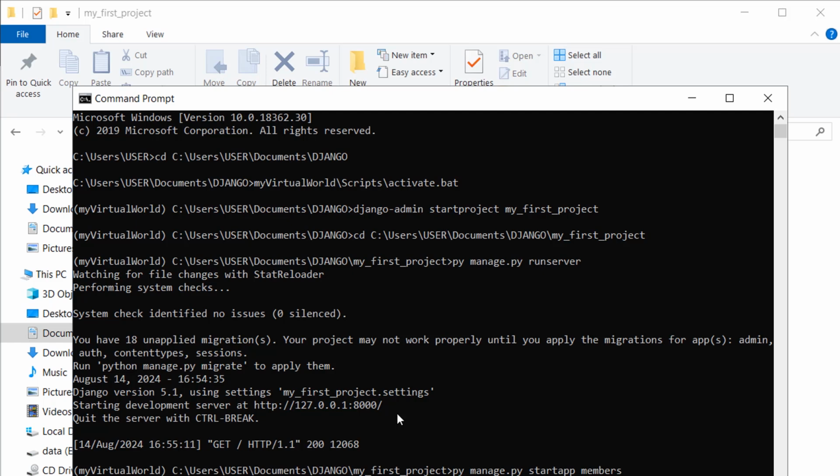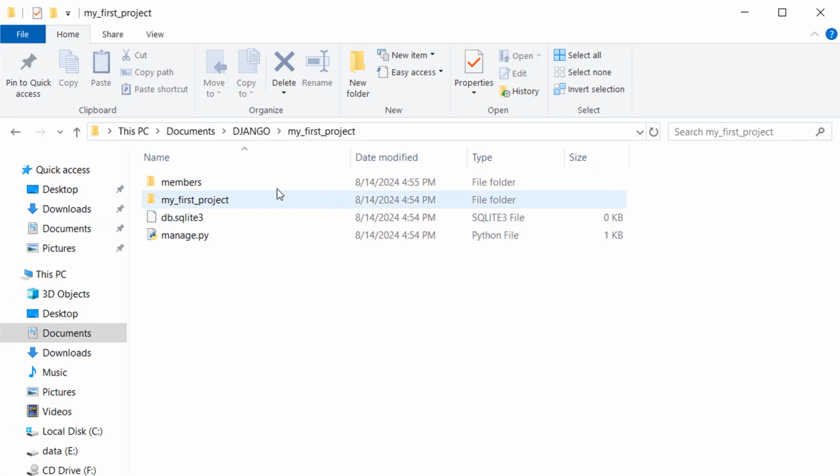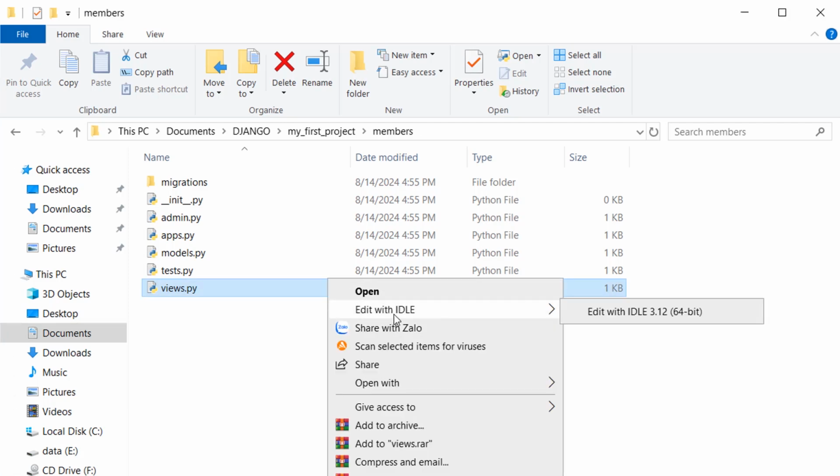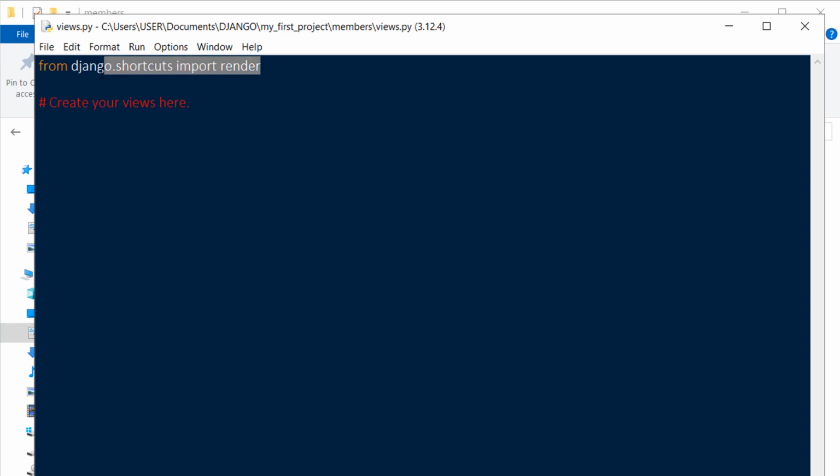Just wait for it a bit. There we go. Now it's already done. And then we're going to go back here and go to members. You should see that there is a views.py file over here. And then I'm going to edit it. So we have from django.shortcuts import render, create your views here. Let's delete all of this and replace it with from django.shortcuts import render, and then from django.http import HttpResponse, and then def members(request)